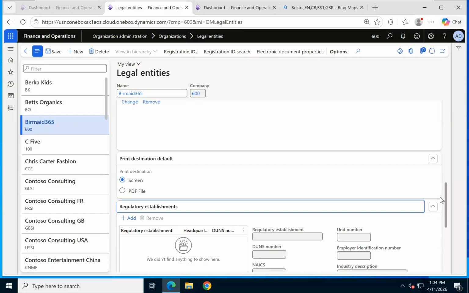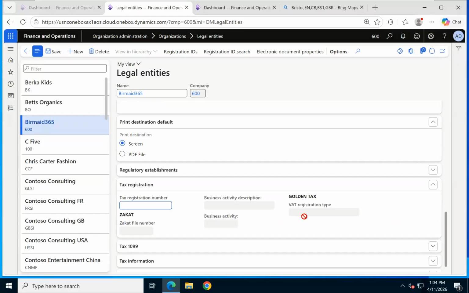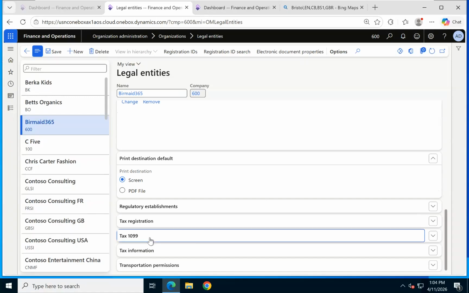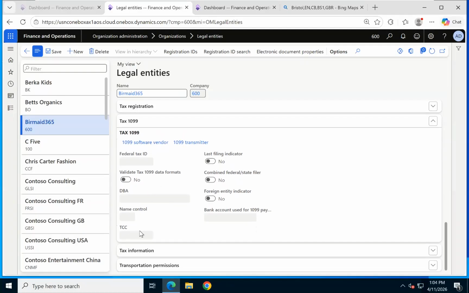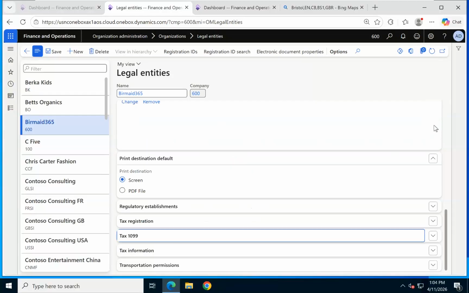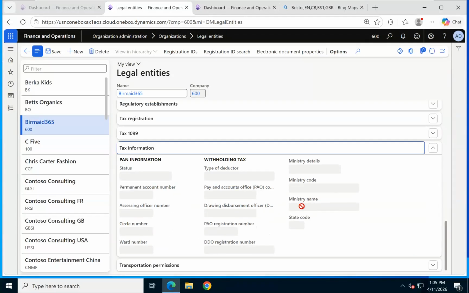Regulatory establishment, these are things that are going to be given to you. Tax registration, a tax registration number, this will be provided to you. So you just need to put that there. And then tax 1099, this is particular to the US. For those entities in the US, this is for you. And then going down, tax information, all withholding tax,